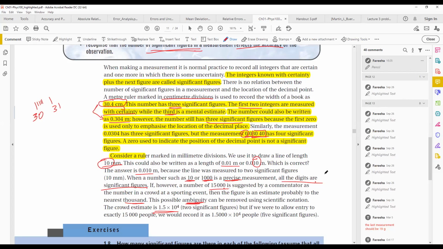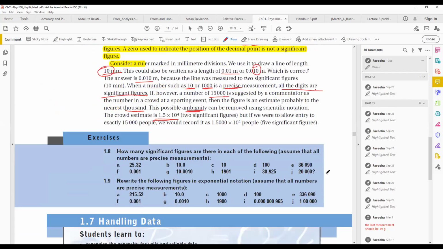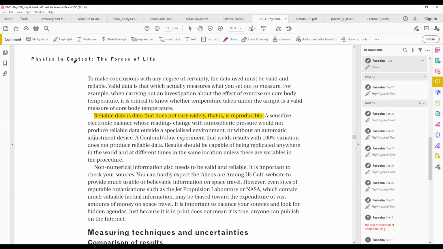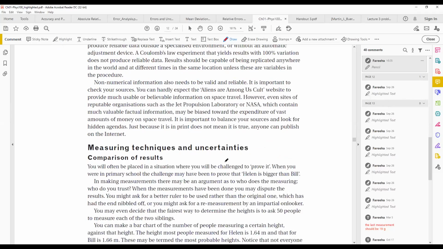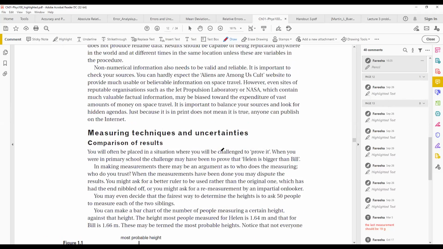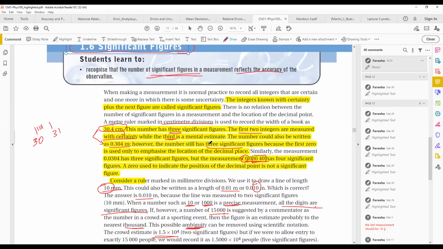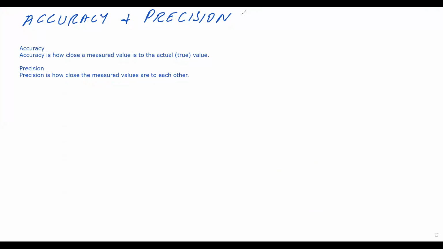You can understand these from here. We can again do some examples in order to understand them, because as we are talking about measurements, observations, and how to record data, we have to understand these concepts. So I'm going to give you examples, and then we discuss those examples, and then you can understand these concepts.